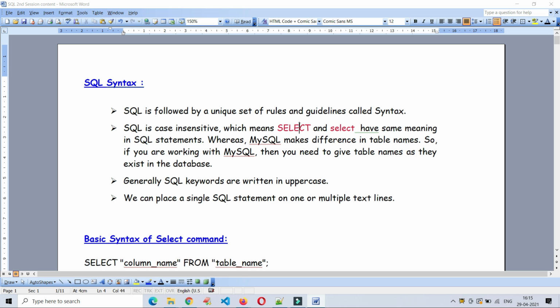But when you are trying to access a table, to retrieve, delete or modify, you have to follow one basic rule: whatever table name is specified in the respective database, you have to use the same table name in MySQL. Further on, we will discuss MySQL, SQL Server, Oracle and other database technologies we generally use in real time. Okay. Next concept.